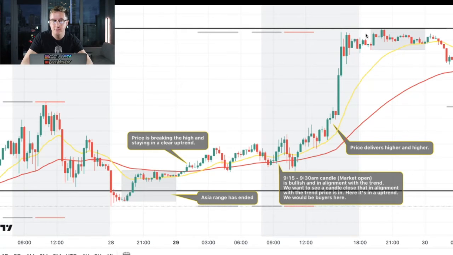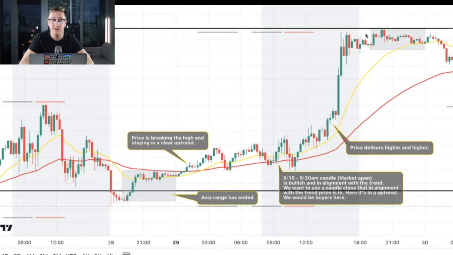And by the way, if you're looking at my chart, this is the 15-minute time frame. You can do this on the 5-minute or the 15-minute time frame, or what you could do is have each chart side by side. So maybe on the 15-minute time frame, it's not giving you a candle that's giving you confirmation that price is going to continue to go up. You can go down to the 5-minute. Now we can see right here I have it annotated, the 9:15 and 9:30 a.m. candle. So it will say 9:15 on TradingView, but that's simply saying that it opens at 9:15